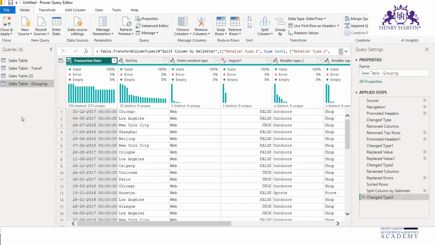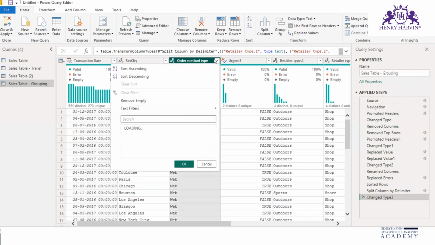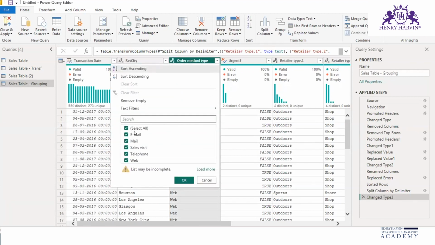Why do we group, or how do we group? Why do we group any data? Grouping we do based on some similarities, right? We want to create some categories and compare them. So here we have different cities, isn't it? Or here order method type, different order method type, 5 distinct values are there. Web, maybe other types are there. You can just see here, pull on this, you can see these are different types through which ordering